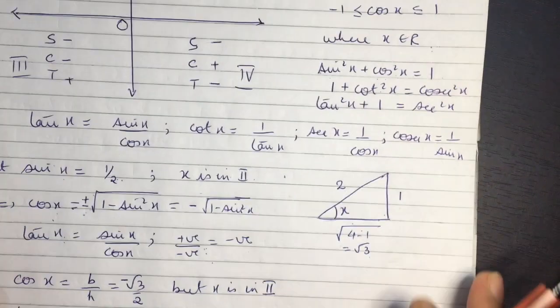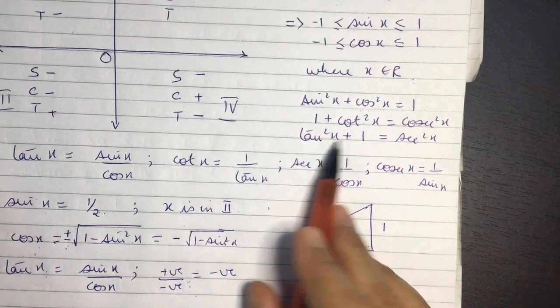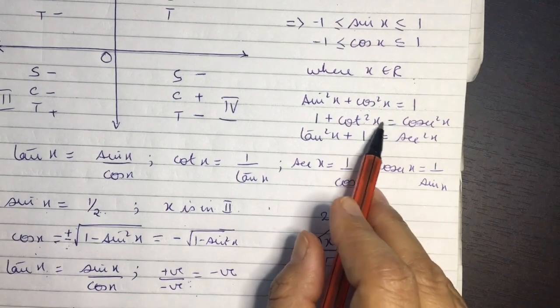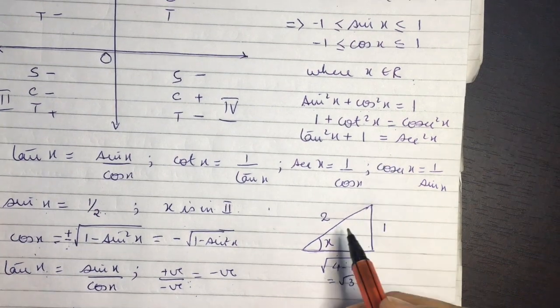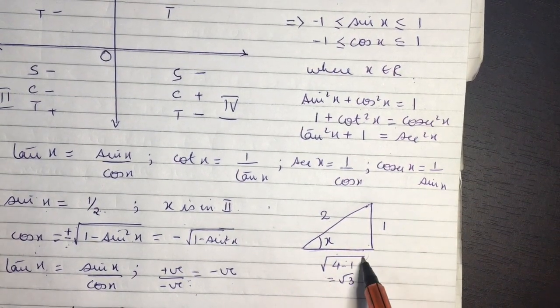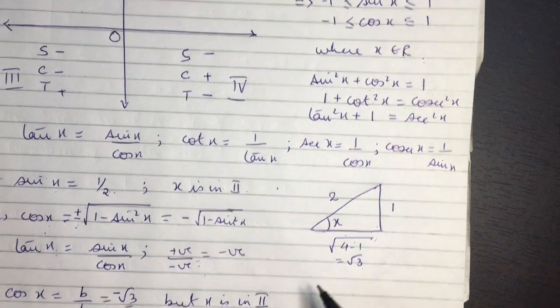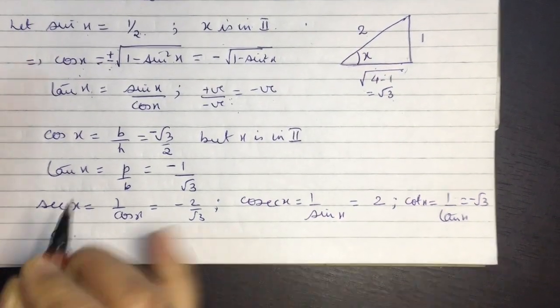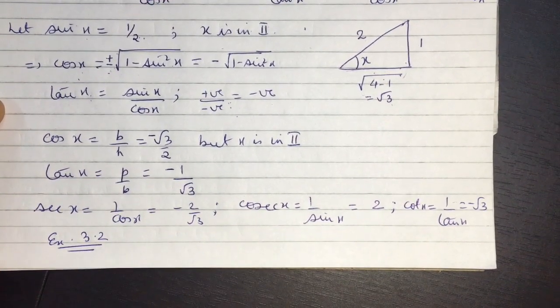Same way, suppose we had been given the value of, let's say, tan x or sec x, we could have found the corresponding one using this result and then found the details, or directly used the Pythagorean triplets and got the remaining trigonometric functions. So with this you can try out the exercise questions from exercise 3.2, and then we will again discuss the doubts if any. Thank you.